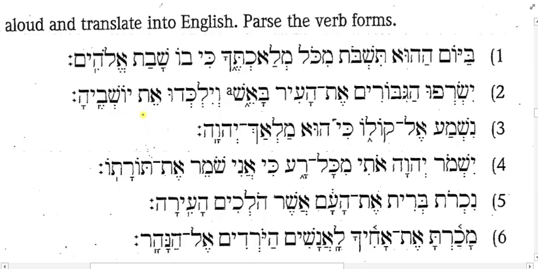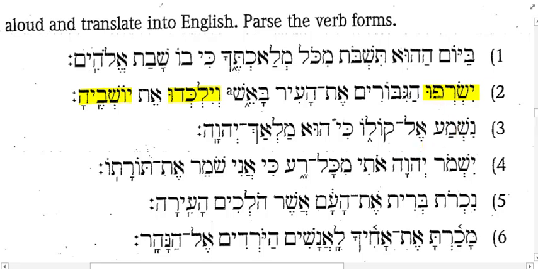Okay, good. Okay, so here's the translation homework from the Ross textbook. Are there any questions about these that you want to raise or want me to go through any of them? Let's look at number 2 here, and we'll identify our verbs. I'll go ahead and identify this one here, yisrafu. Then we have yilkadu, and believe it or not, this is actually a verbal form as well, just a different one than the perfect and the imperfect. So let's take a look at what we've got here.